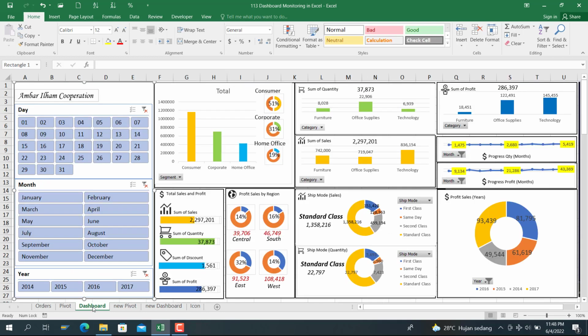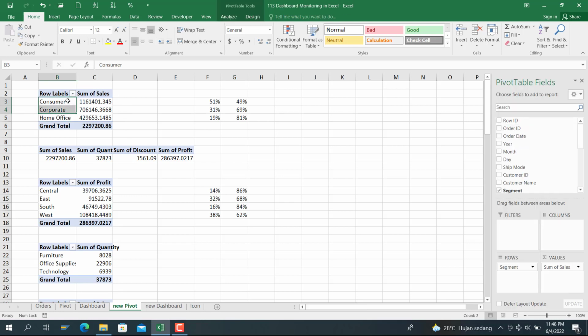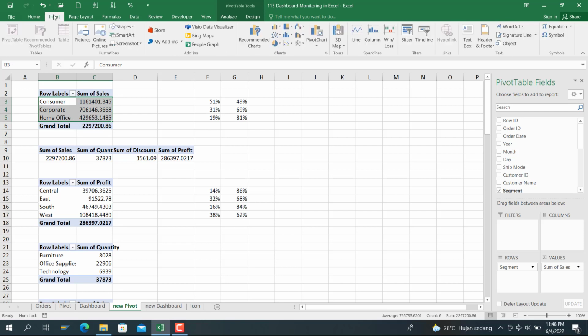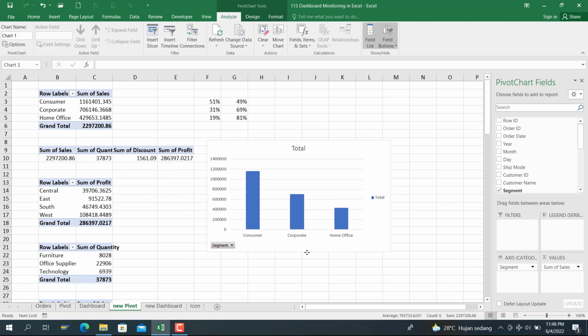Then we create the first dashboard. On this pivot table, we select this from B3 until C5. We insert the chart. This is the chart. As you can see here, the data here has no 1000 separator. So to make it 1000 separator, we have to change the format here